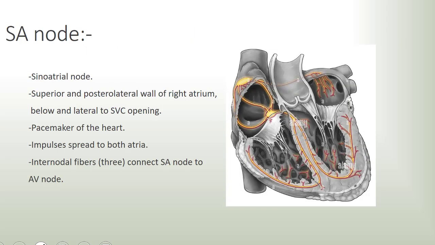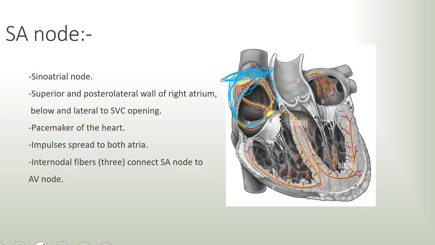The SA node, or the sinoatrial node, is the first component of the heart conducting system. It is located within the right atrium, right here. This is the right atrium, and it is within the superior and posterior lateral wall of the right atrium, and is right beneath the opening of the superior vena cava, slightly lateral. It is the pacemaker of the heart, so it generates impulses and allows those impulses to travel to both atria